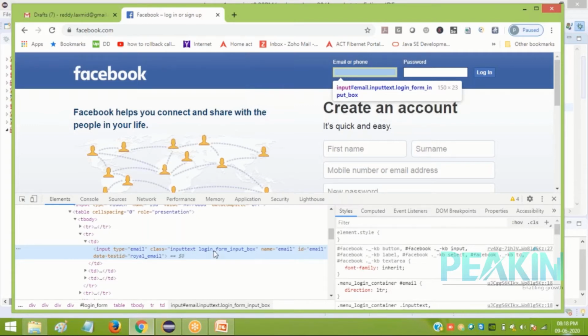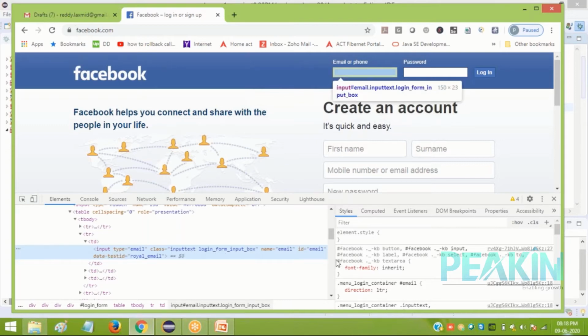If you are not knowing anything about HTML, no problem. As you go on doing it every day, you'll understand what is really happening, because we are not going to develop any HTML code. Only what we require is to understand the properties that a developer has used for this text box.